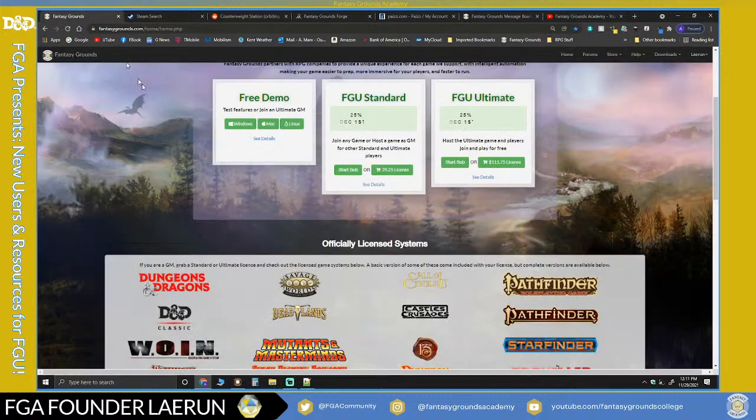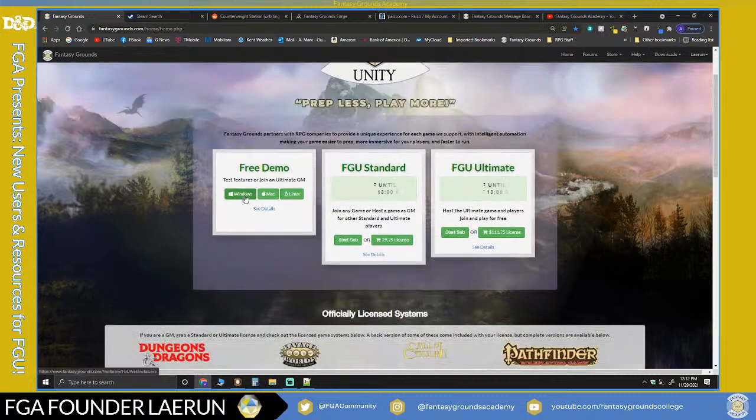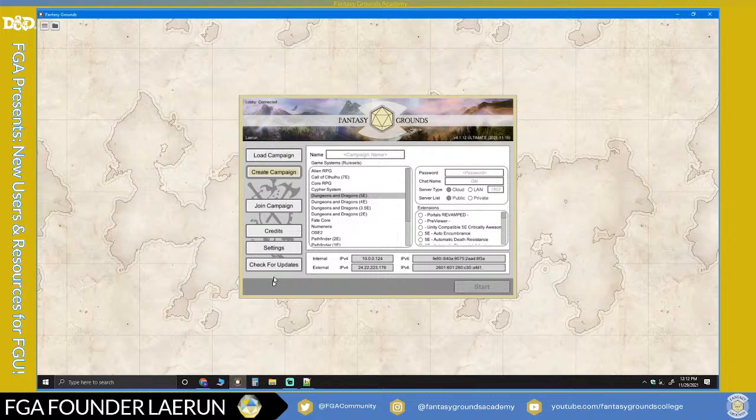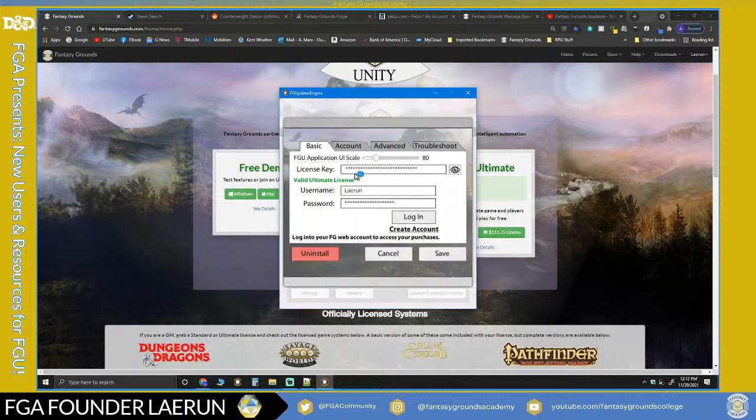So first things first, you would get the demo, download it, go on to one of the Discord servers, or if you're in the Fantasy Grounds forums, you can also look there. The first thing you would do is create an account with the Fantasy Grounds webpage and download the demo. Once you install the demo, you would come into settings, which is on this setup screen once you've installed the software. In the settings, there is a place where you can put in your user ID. So if you have a license key, you'd put that in there. Even if you don't, you could put in your username and your website password. You click log in and then save, and that is how you start.